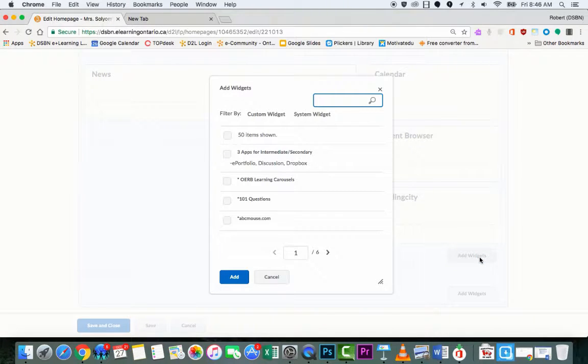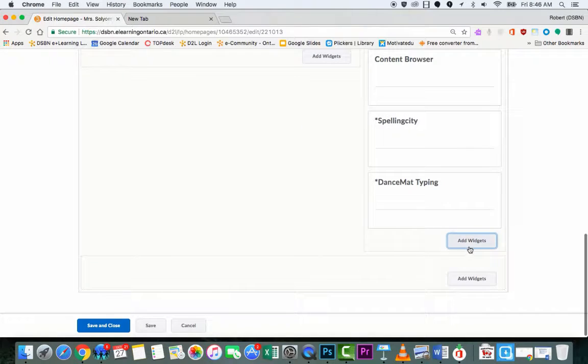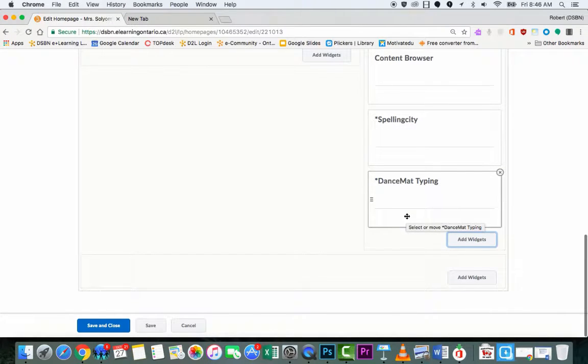I think it's called Dance Mat Typing. Yeah, we have that. Dance Mat Typing. I'm trying to think. Now, I'm looking more for read alouds where the kids, like it used to be Tumble Books, but you need to have a